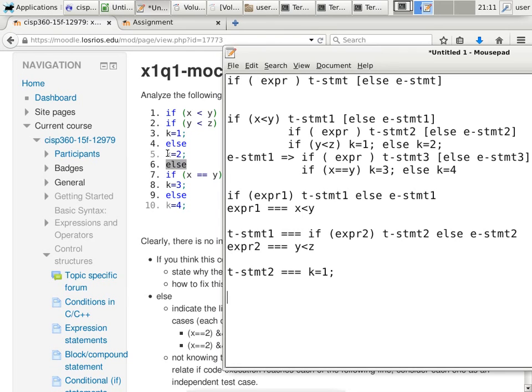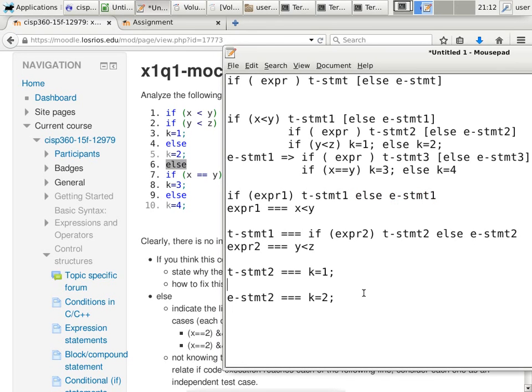Else statement 2 is just k equals 2, semicolon. That concludes then statement 1, which fulfills this requirement. Then we see the optional else from the perspective of the first conditional statement,